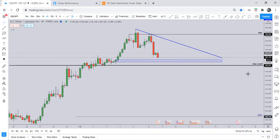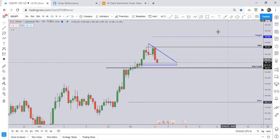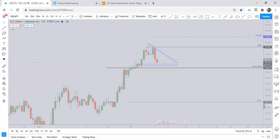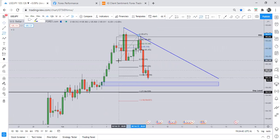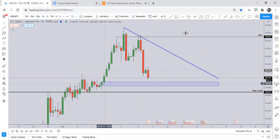On GJ, I want to buy, of course, to target 10600. We have an M pattern over here, so that's a good level for me to buy. So let's see if the confluence lines up. Point A to point V. Right now it should be a sell, but the main reason I want to buy in this zone is because